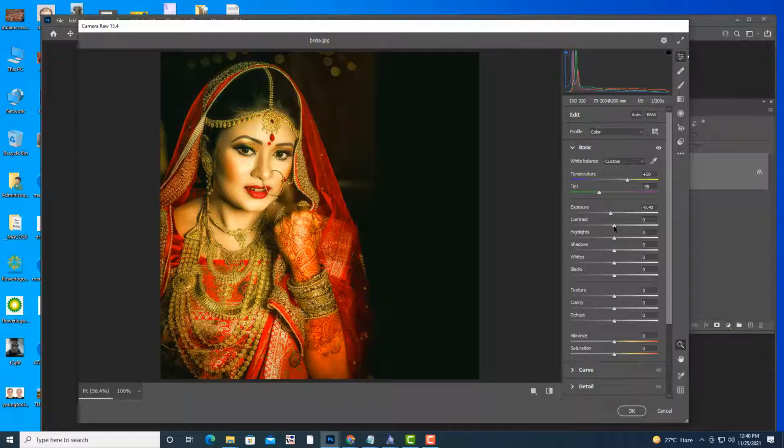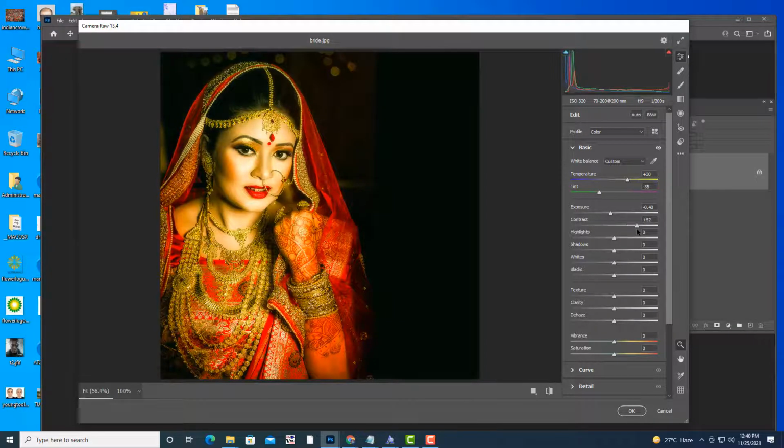Contrast. We already know what contrast is. Dark areas become darker, bright areas become brighter. Highlights. Highlights means the bright areas are becoming brighter. Only bright areas are getting affected with highlights. Shadows.